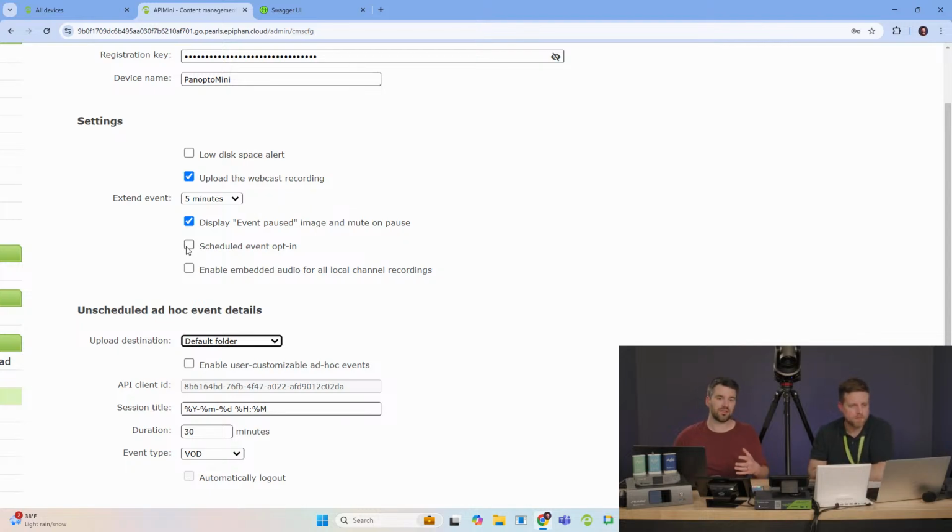So let's say that you don't want to record when someone's not in the room. You can have it by API or like a Delcom button. You could have someone that needs to press a button or something like that to start the event. It won't start without that. And we also just added a feature for enabling embedded audio in all channel recordings. Panopto is only compatible with a single audio source inside the primary channel. Now we can have them all in secondary, so your VOD on the actual Pearl system has a backup audio if you wanted to do it like that.